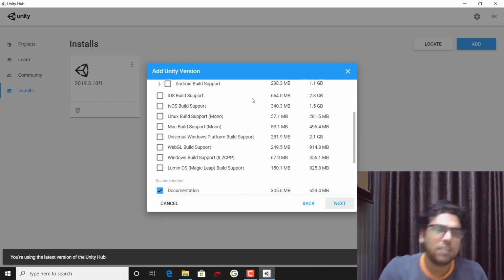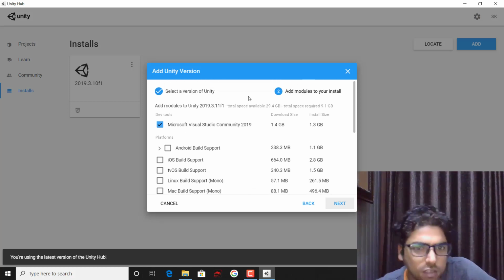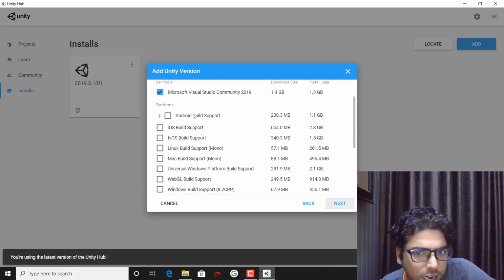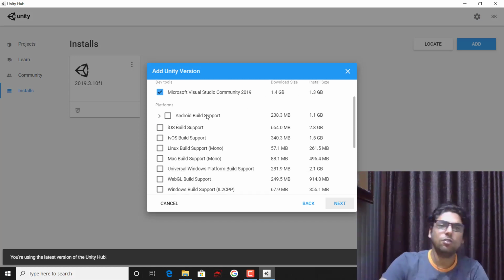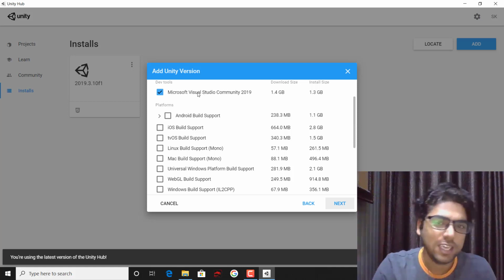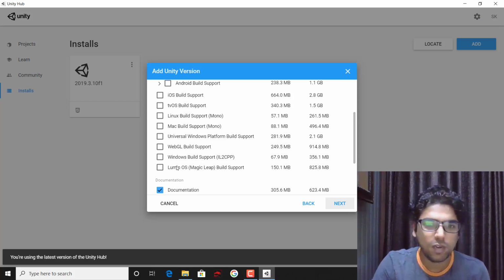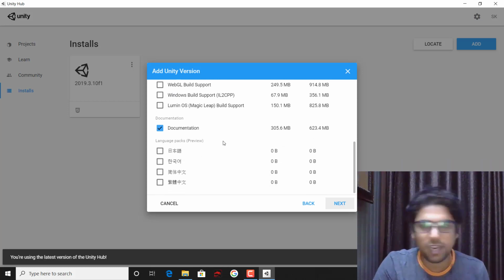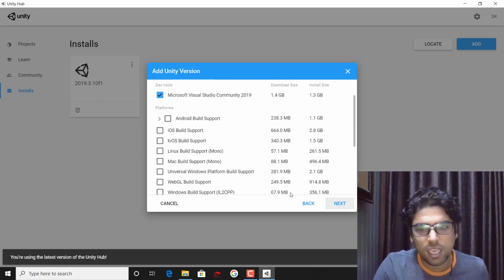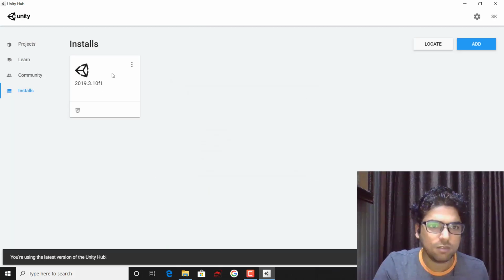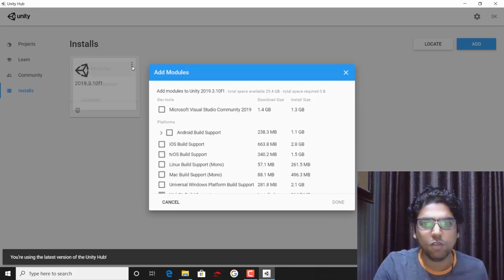Other than that, there are some other features also, like Microsoft Visual Studio Community, that you can also download. Android build support, for example, if you want to add some application related to Android or maybe Mac, you can correspondingly download the stuff, right? Similarly, for this particular version, let's say this one, add module.